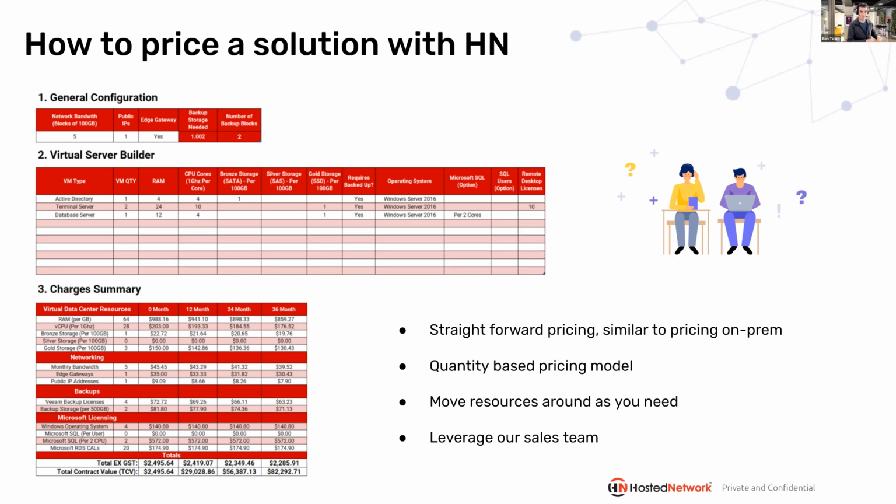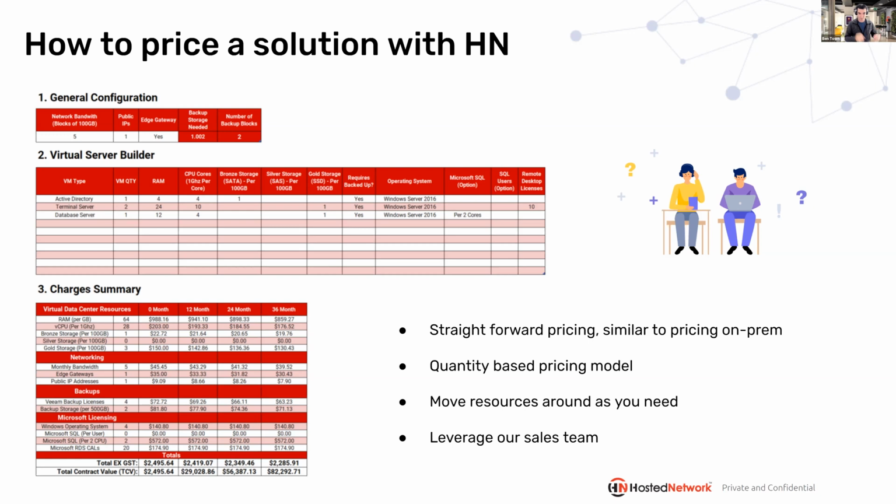You want to shift a gig of RAM from one VM to another, go for it, right? You have that flexibility. With say Azure, if you want to go from say 64, the next jump might be 128 gig of RAM. There's nothing like that with us. If you need an extra 1 gig of RAM, purchase 1 gig of RAM. That's fine. How to spec that? Look at the resources that each VM needs and total it up, which is basically what this here is showing. So it's a quantity-based pricing model versus an instance-based pricing model.